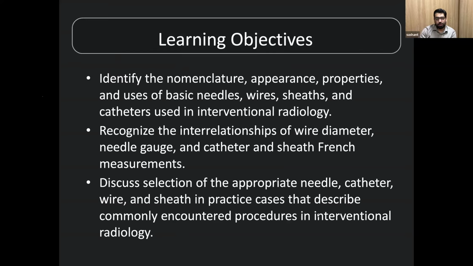The learning objectives of this course will be to identify the nomenclature, how things are called, what their appearances and properties are, and the basic needles, wires, and sheaths. There are many needles, many wires, everything is available, and what is needed in which cases. We will recognize the interrelationship: which wire in which needle, what the gauge is, what the French is, and everything will be discussed. We will also discuss which catheter and which needles to be used in which cases. To start with, we will have a brief conversation regarding